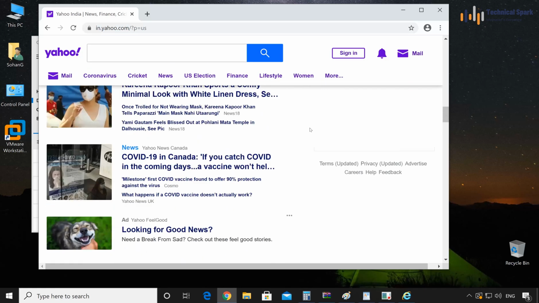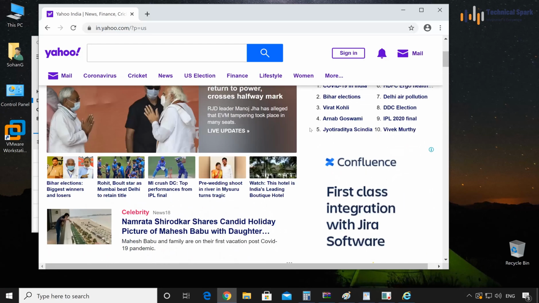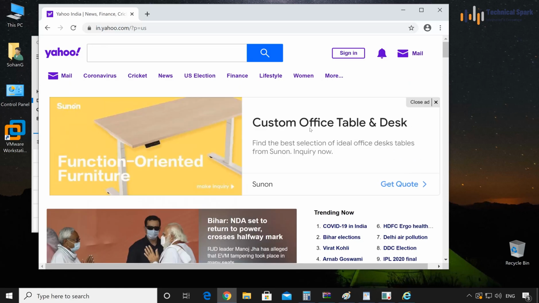I hope guys now you have understood how to take screenshots using Windows built-in features. Friends, if you have any feedback, questions or queries, then please feel free to write them in the comment box below. I'll definitely answer each of your queries. And friends, if you want to record your screen as a video, then again click on the I button at the upper right corner. I have another video for that. Or you may check the video description.